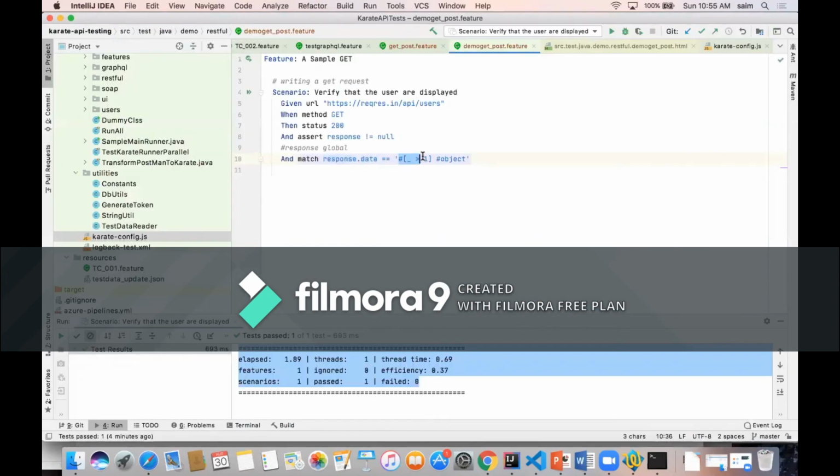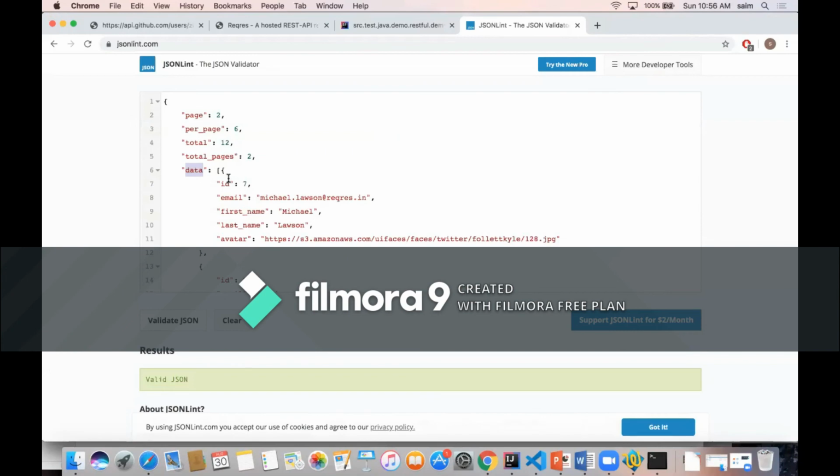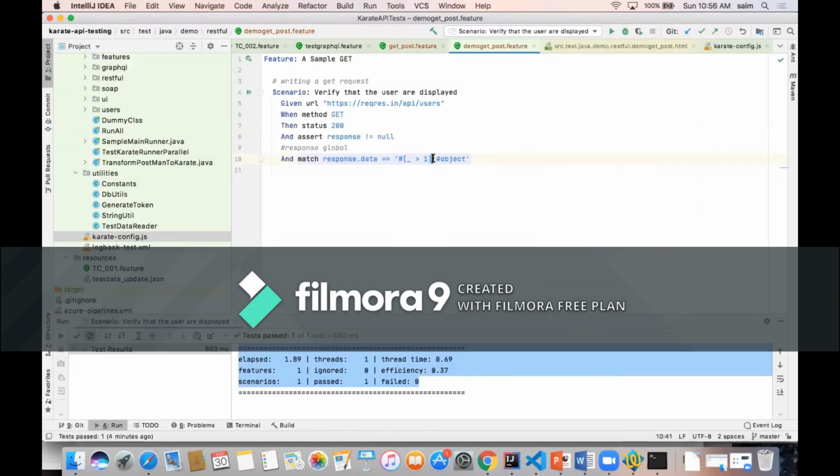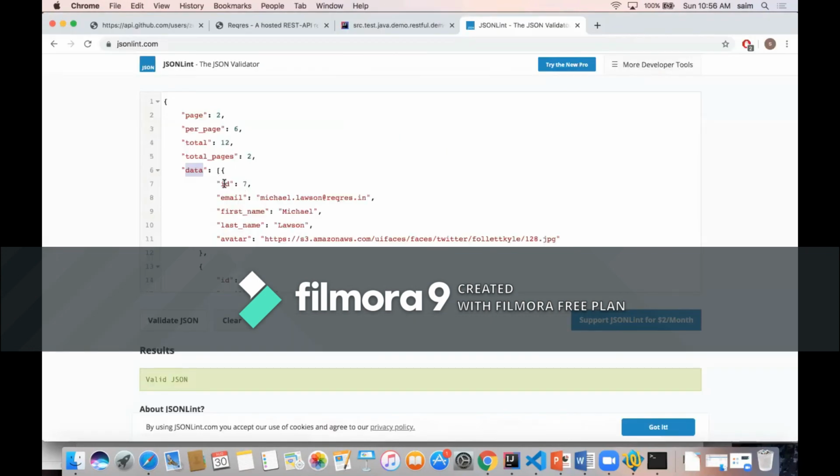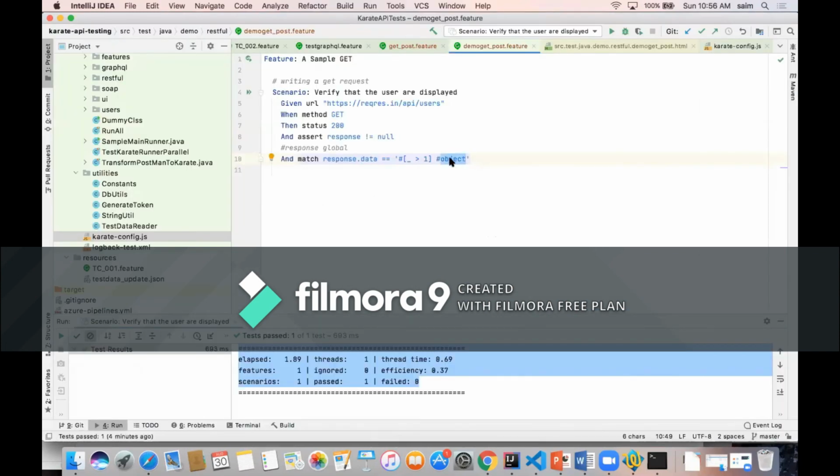And this is a syntax you should know to check the length, or how many elements I got in the array. It should be at least greater than 1. And it should have an object, not a string or a number or anything else, not Boolean. Since we want to test this, instead of saying object, I would just say string and see what will happen. I'll say number. So there are some keywords or some